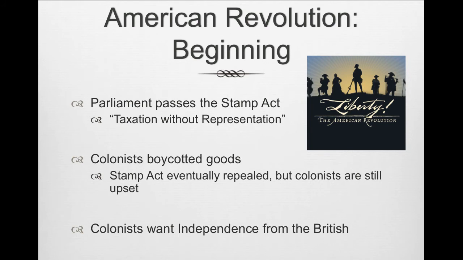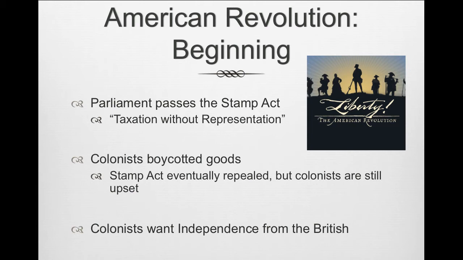And this Stamp Act was just a law that required every document, every kind of paper to have a certain English stamp on it, which would tax the colonists on things like paper, legal documents, any kind of will, a deed,